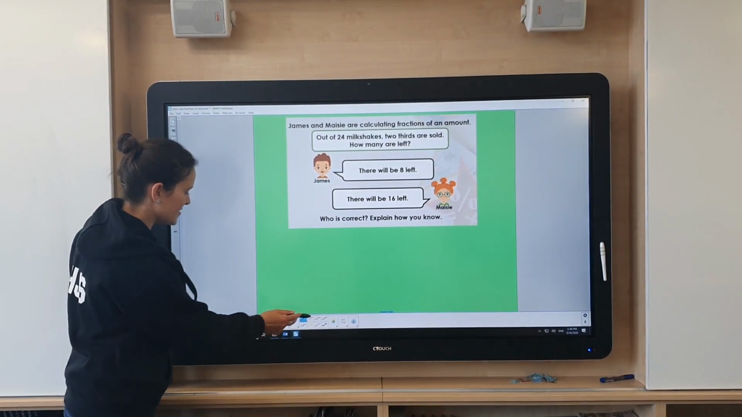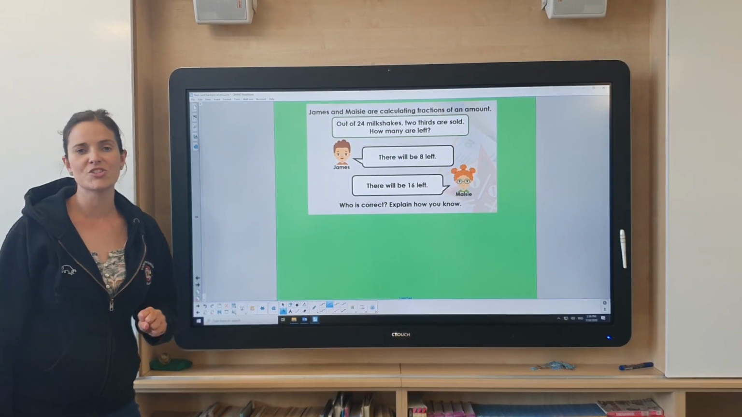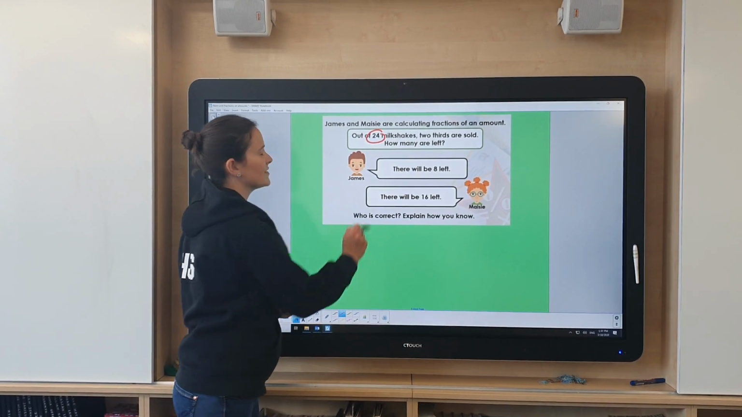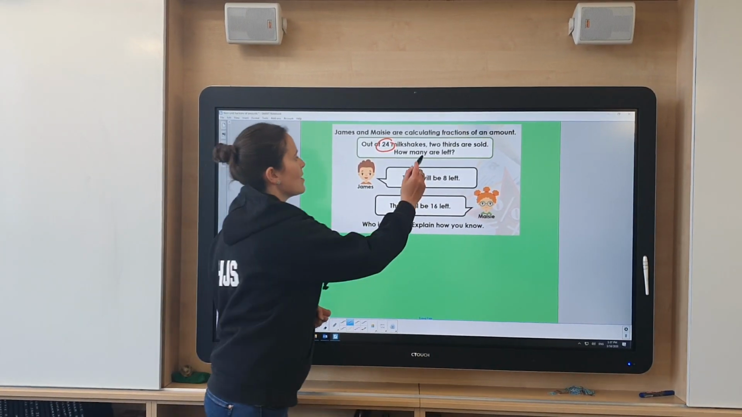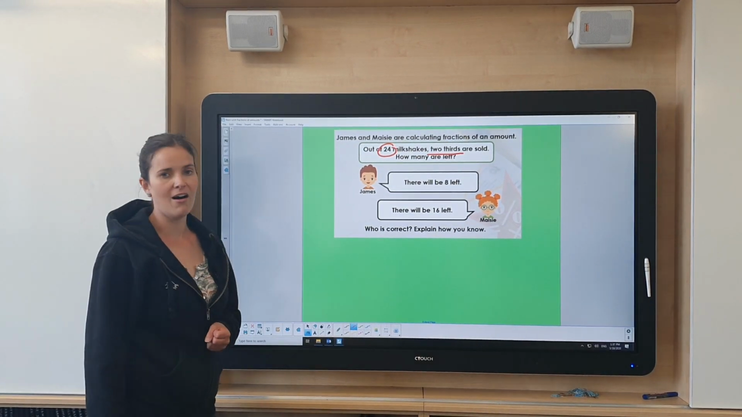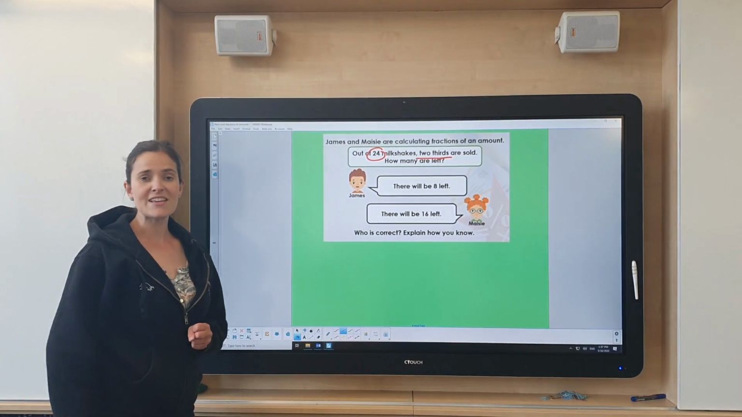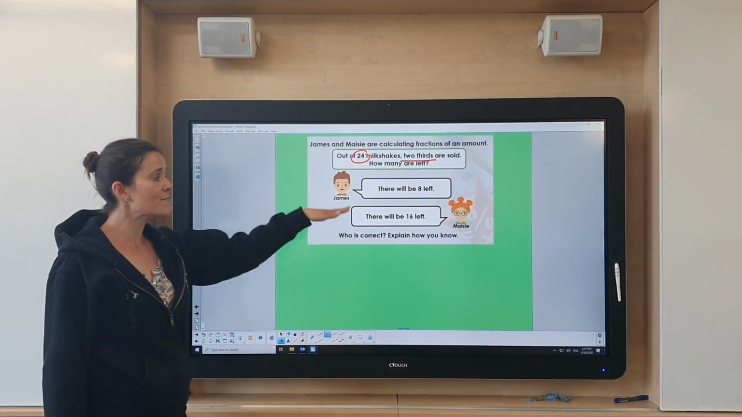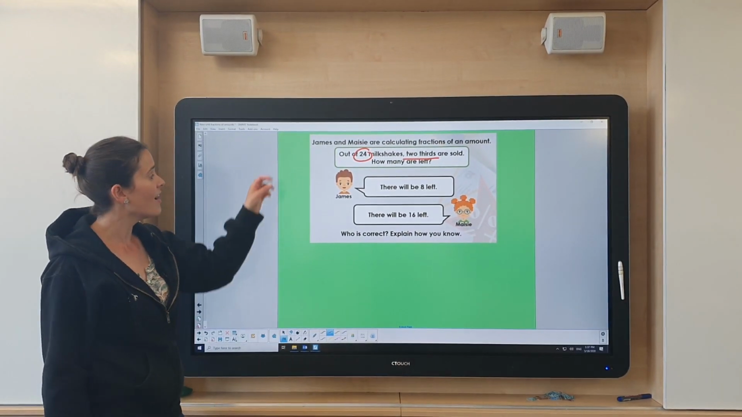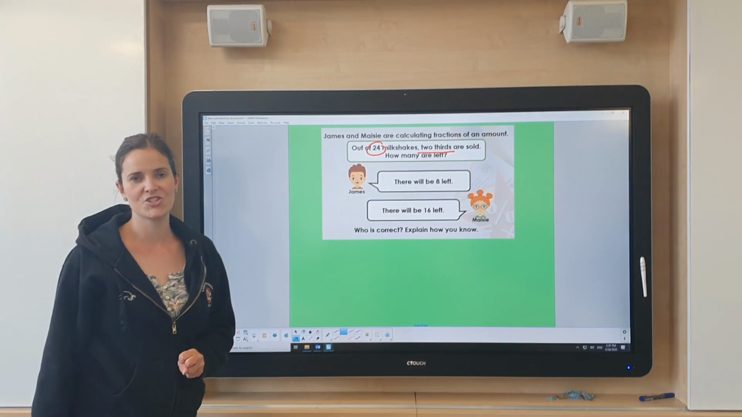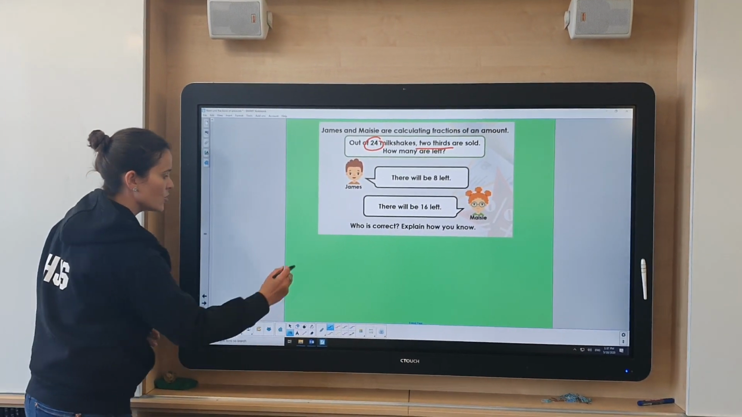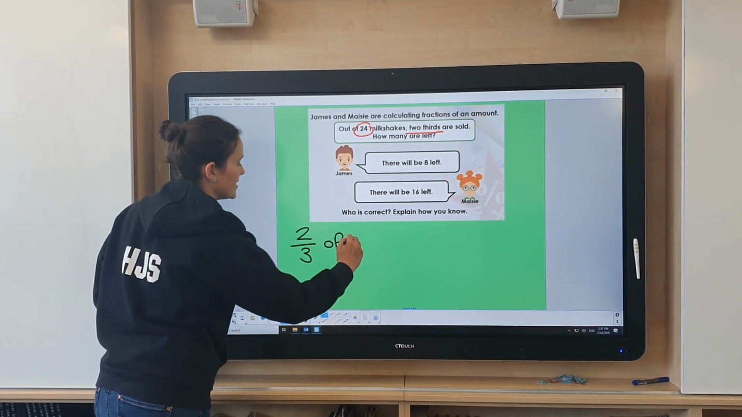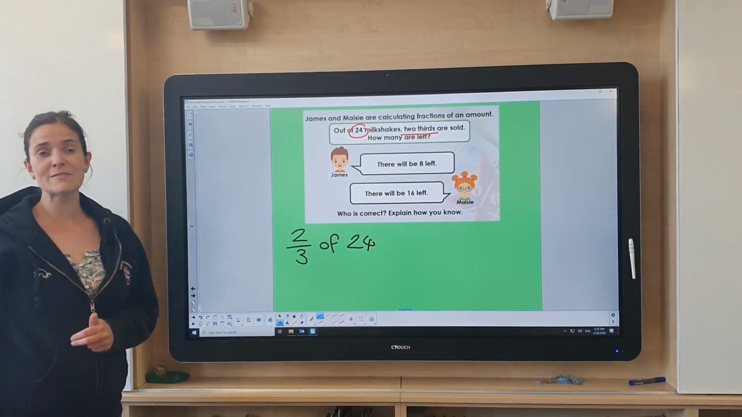So, the first thing we need to do is just to pick out in the question which vocabulary is really important. We need to know that there are 24 milkshakes in total, and we need to know that 2/3 are sold. The first thing I would do is actually to work out 2/3 of 24. Before I move on to thinking about who's got the right answer, I need to know the answer to that question there. So, 2/3 is written like this, of